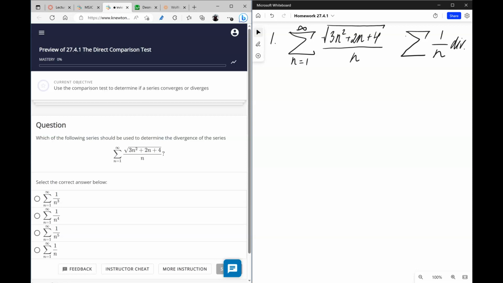Now in order for the comparison to be valid, we have to make this inequality and check if it's true, and it seems to be true because this radical expression is always greater than 1, and therefore this series diverges as well by the direct comparison test. So to answer this question, we would pick this one,